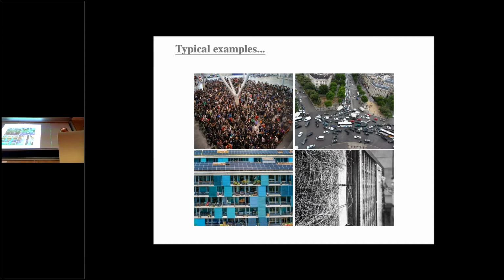So the very first one on the top is the hall of, I guess, an airport or maybe a train station. And you assume that there is a very bad event that occurs at some time, a kind of fire, for instance, that occurs in the hall, and then everybody wants to leave as fast as possible. You want to leave the hall, and so what you control is your velocity.